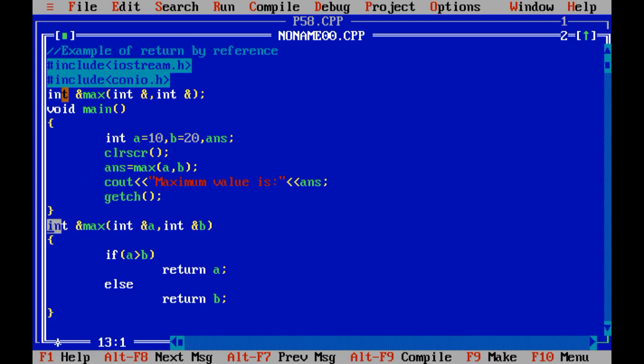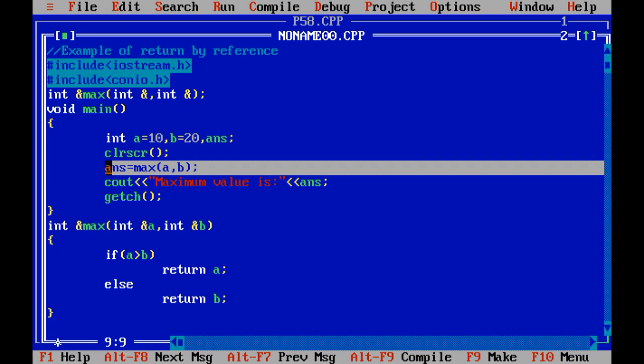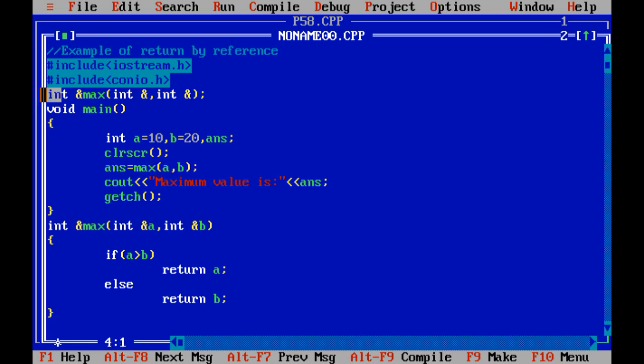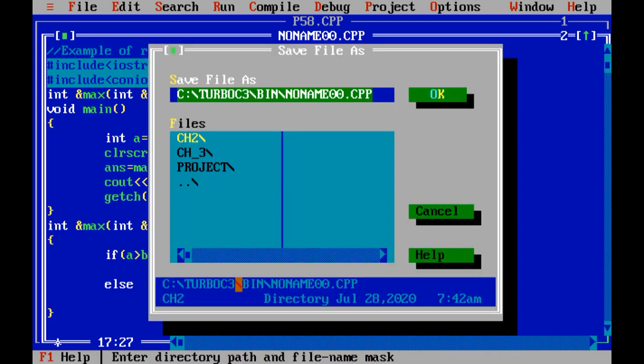That's why I have taken the integer data type over here. Since the function type is integer, I have declared the answer variable as an integer. Suppose this function returns a float value, at that time you need to declare answer as a float variable. So this is all about the concept of returning the value.